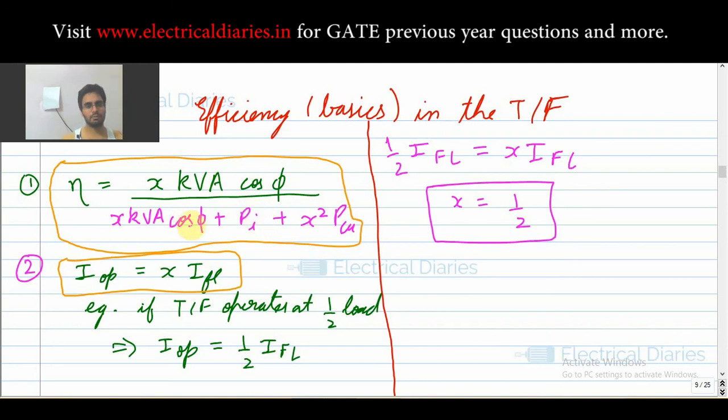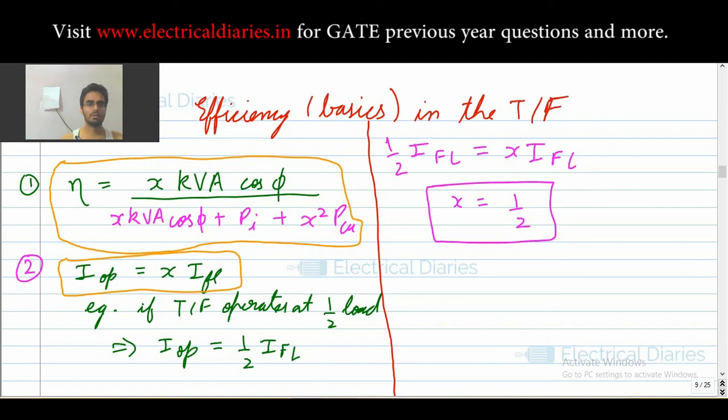And if you are putting it in kVA, that you are using k units, that is into 10 to the power 3, so you try to put Pi and PCU also in terms of kilowatts. Okay, so that is the thing. I hope you know that you have to be consistent with these units that you are using. So that is the whole logic behind using these two formulas. You should know how to use them. Okay, so that is the main point.